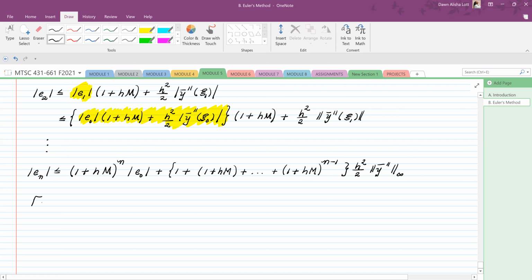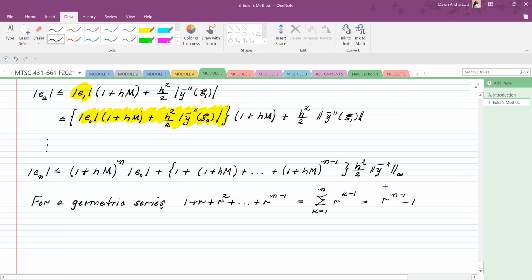For a geometric series, 1 plus R plus R squared plus all the way up to R to the n minus 1, the sum from k equals 1 to n of R to the k minus 1,